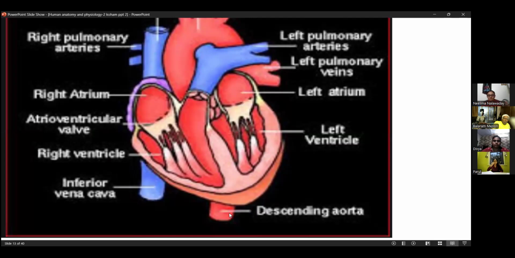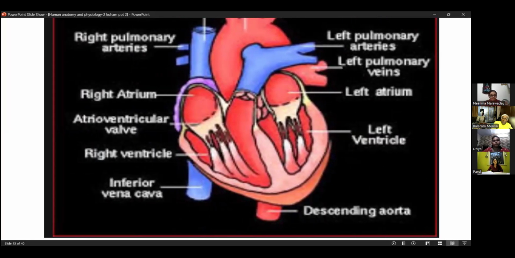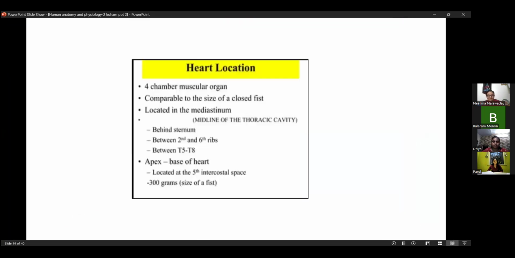So heart looks like this. Madam will make it very simple. Don't worry. Don't take tension. It's very simple. Once you know the concept, it's very simple. First of all, we will see this is heart, how it looks like. Then just general information about heart, we will see it, and then we will go for this diagram.